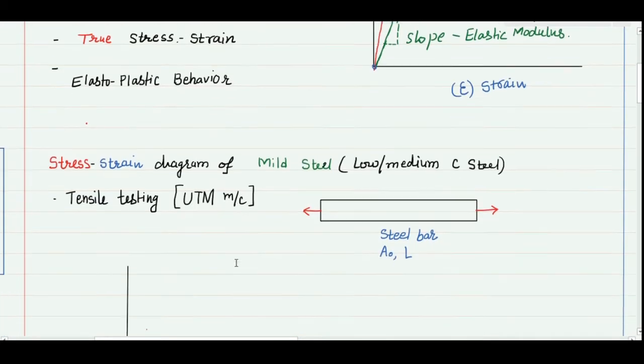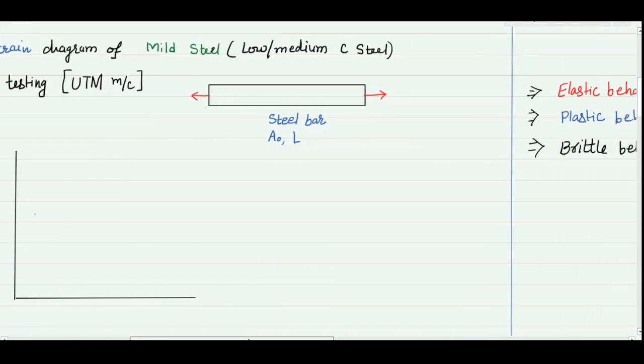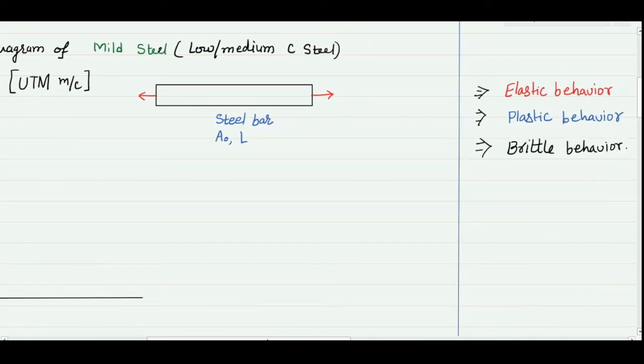We should start with making the stress strain diagram of mild steel. After this, we will also make stress strain diagrams for other materials like aluminum, cast iron, and many more. So, first we should know what is elastic behavior, what is plastic behavior, as well as what is brittle condition. Elastic means if you apply a force and then remove the force, the body will get its original shape.